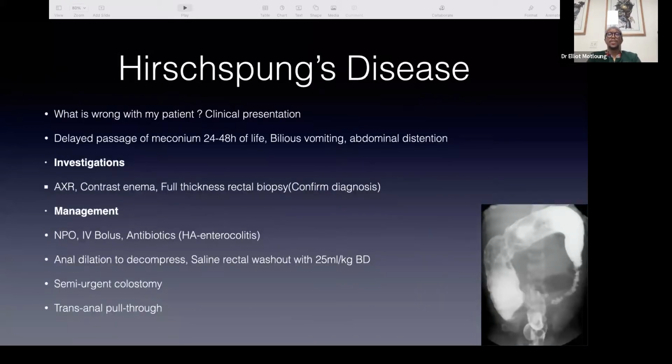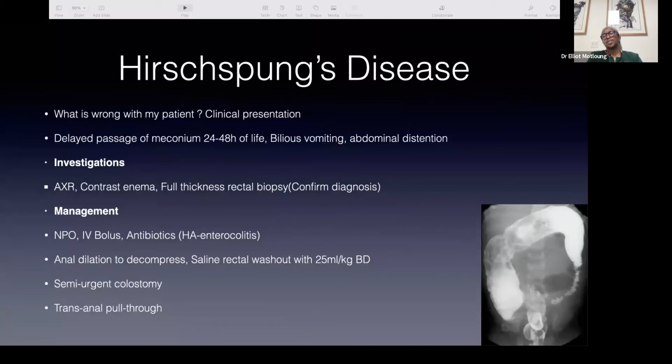Again, you will have a patient in front of you. The most important thing is your history and your clinical investigation. So these patients present, when you ask the mother, they say they had delayed passage of meconium. That delay is any child who did not pass meconium in the first 24 to 48 hours of life. Those are the patients that you need to really, really think about Hirschsprung disease. They present with